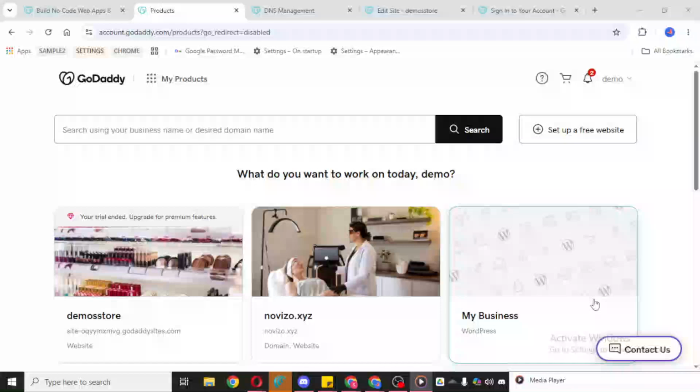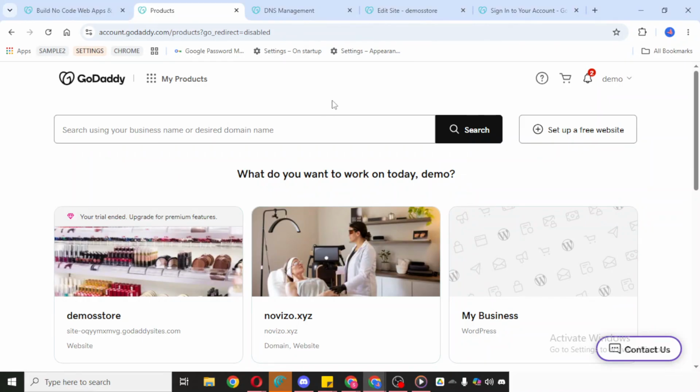In today's video, I'm going to teach you how to give delegate access in GoDaddy. To get started, open your GoDaddy account and make sure you're signed in. It's always a good idea to confirm that you're in the correct account before making any account or domain-related changes, especially if you manage more than one website or domain.